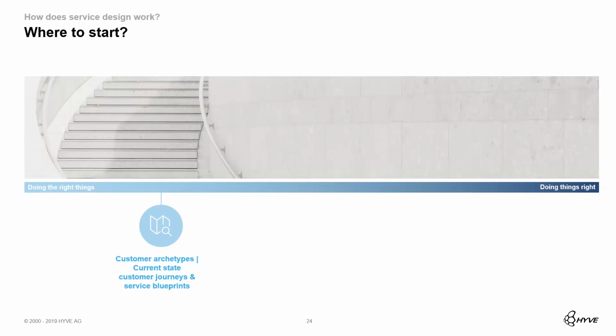So, for example, what we call service blueprints, the current state blueprints, how the services are being delivered or how the offering is being delivered. So this could be just the first steps. But just having this very big clarity about the current state customer journey, which shows your customer's view, or the current state service blueprint that shows how you actually deliver your offering,